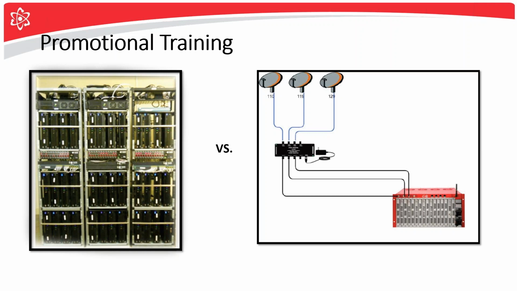And then if you look over on the right-hand side, we have a new solution, if you're not familiar with it, called the Smart Box, that's able to deliver all of that same content, all of that same programming that you see on the left, through a much smaller form factor box, getting all of the same feeds from the satellite coming into the box and then pushing that out to the distribution plant and then to all of the different units.